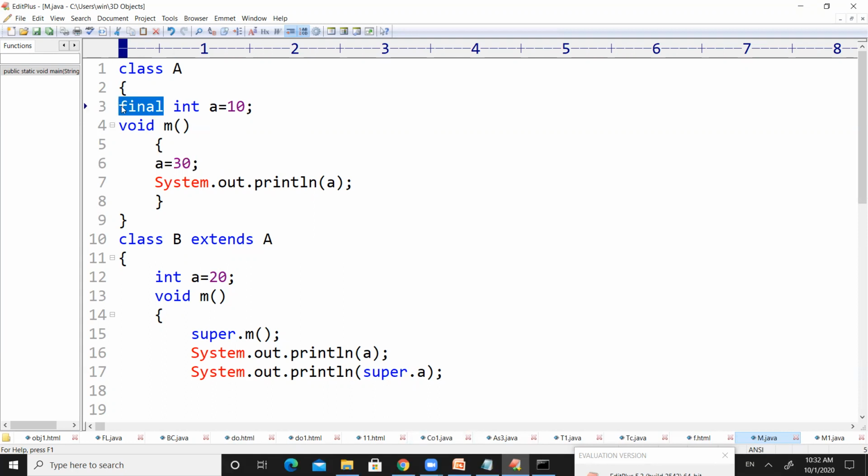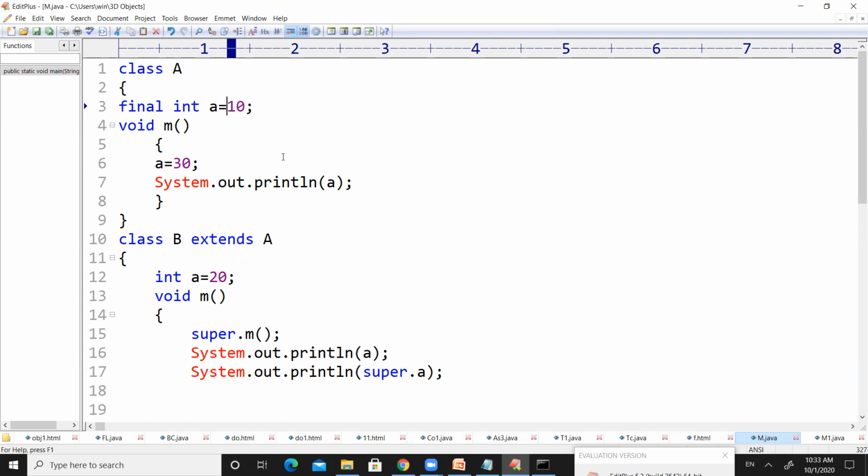So this is how we can make variables constant by using the final keyword. We did a similar thing in the C programming language using the const keyword. If we define a variable with the const keyword in C, no one can change the value of that variable; it will be fixed throughout the program.